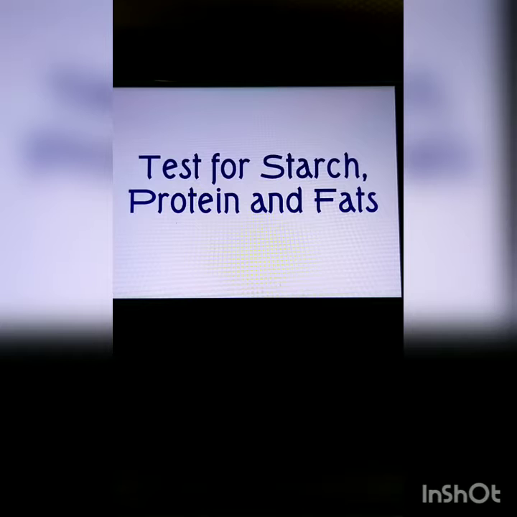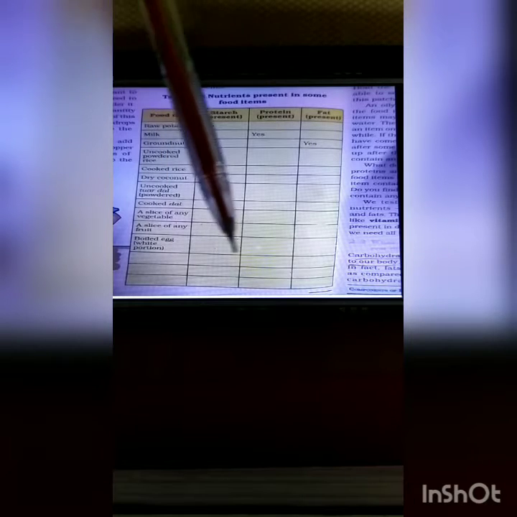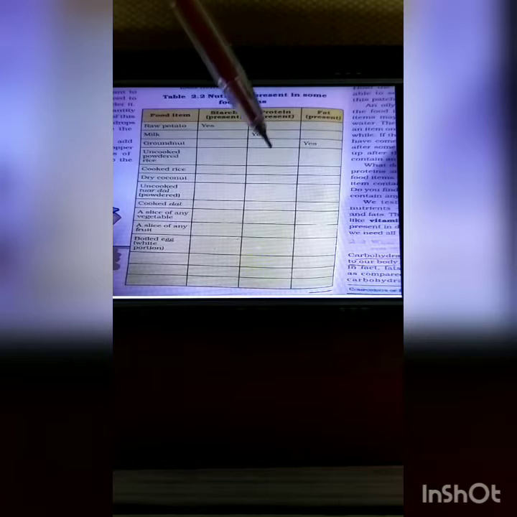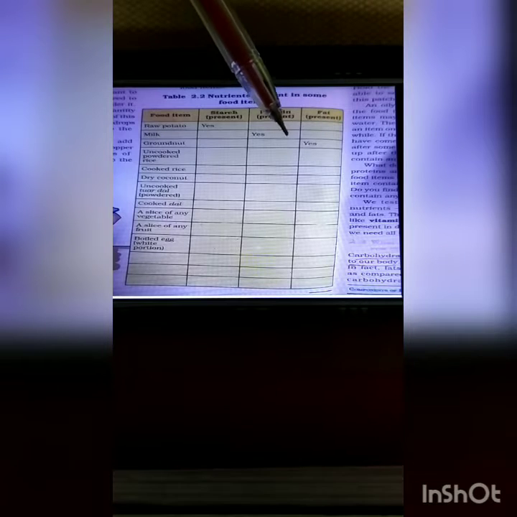To test those nutrients is more difficult than the tests for these three nutrients. So let us do these tests and record all our observations in this table, that is 2.2. We will see some of the methods of how to test whether these nutrients are present in the food.